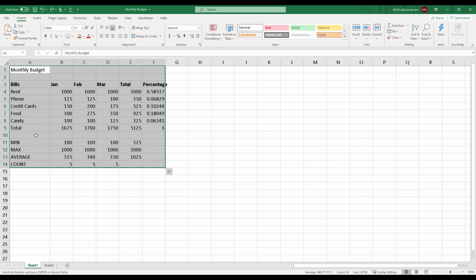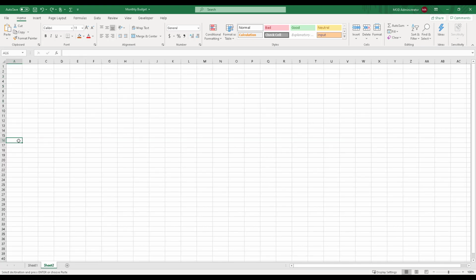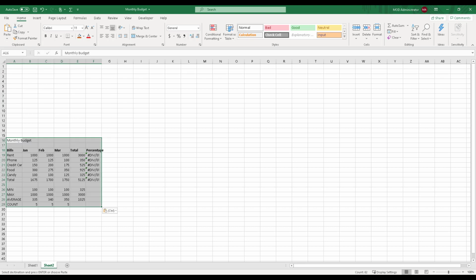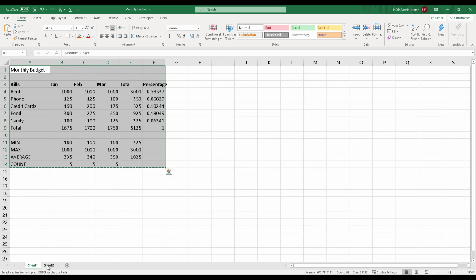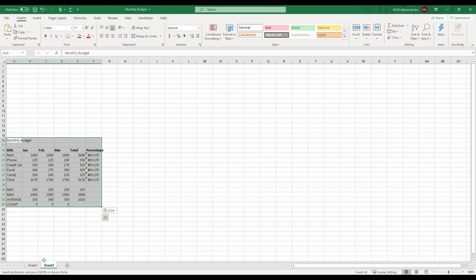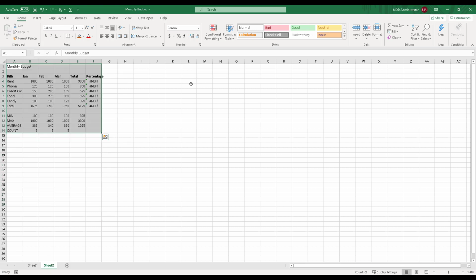Now, instead of cutting it from here, maybe, since it's a monthly budget that changes from month to month, year to year, or quarter to quarter, I want the same content to repeat in the new worksheet. So instead, I will copy it. I can use the shortcut key Control C, or the Copy button on the Home tab, go to the new sheet, start it from here, and paste it. Now I have two sheets with two different sets of data which are not related to each other. It's a complete new set of data. And again, I can use the move method to move it or place it wherever I want.